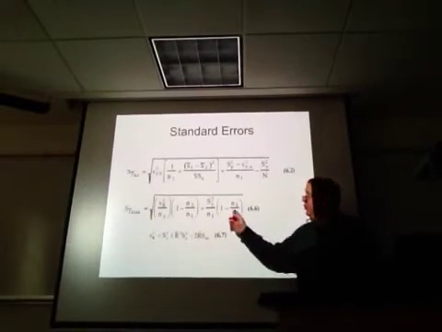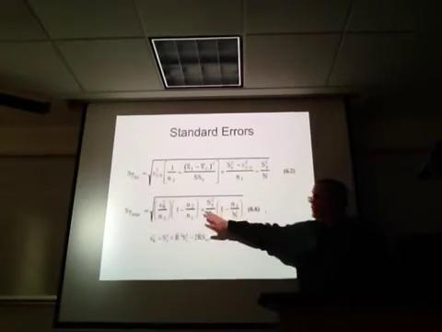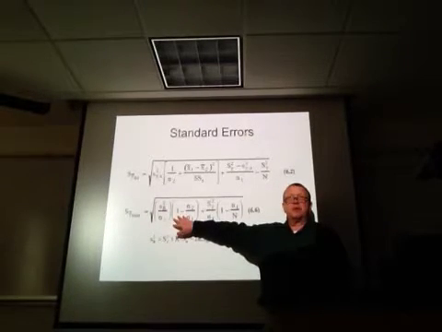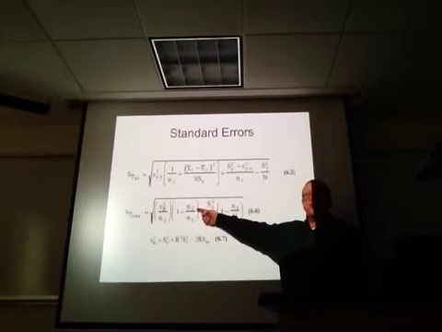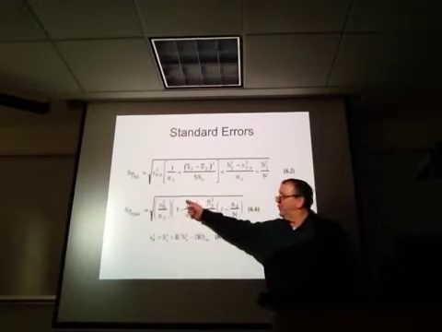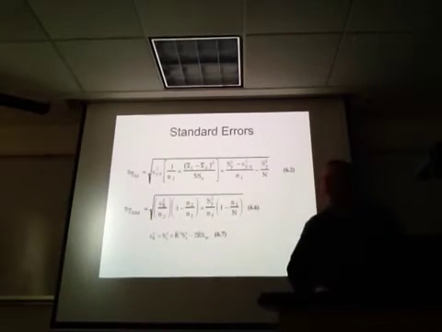Notice that there are sort of two finite population correction factors here. This term comes from the second phase. And the second phase is N2 of N1 units. So the finite population correction factor is